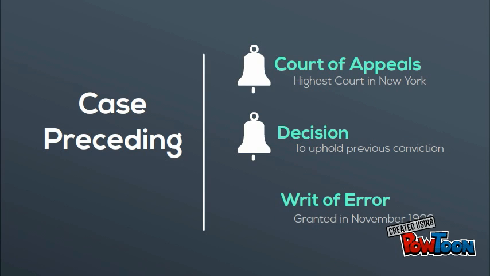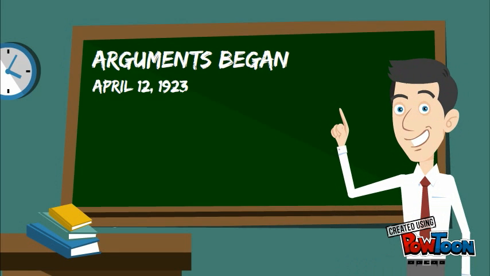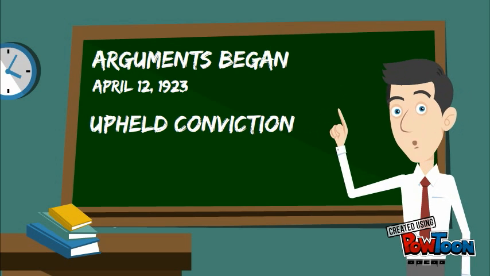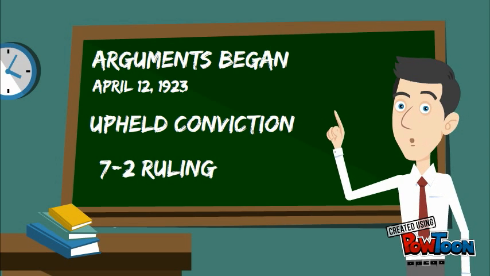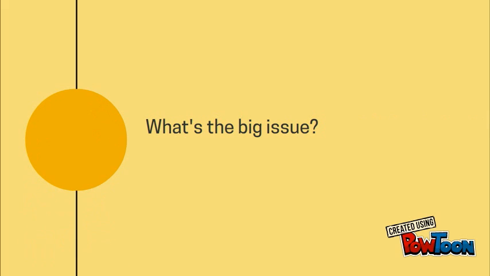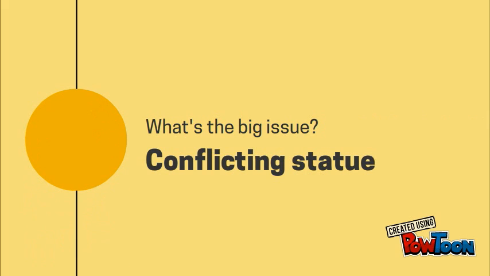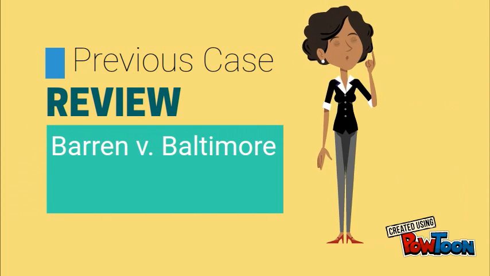Writ of error to the Supreme Court of the United States was granted in November 1922. The case began arguments on April 12, 1923, and the Supreme Court upheld his conviction in a 7-2 ruling. The debate within this case came down to the statute by which Gitlow was convicted. The statute conflicted with the Due Process Clause of the 14th Amendment. This conflict did not change Gitlow's conviction, but it did cause the court to further review rulings